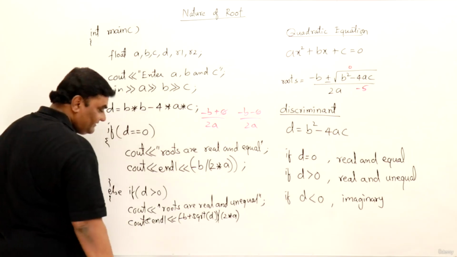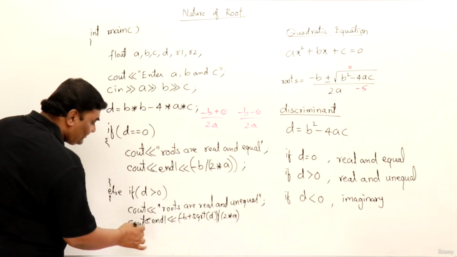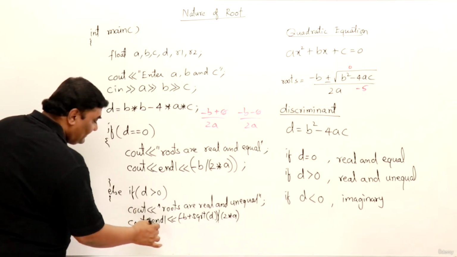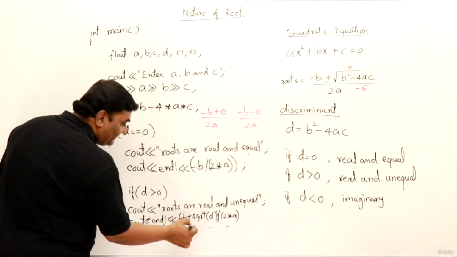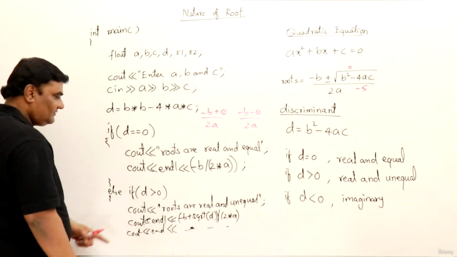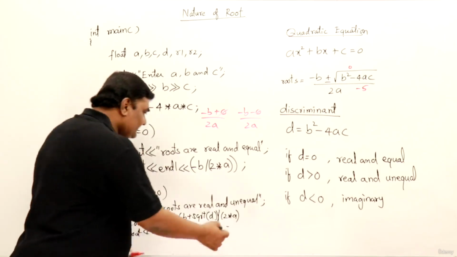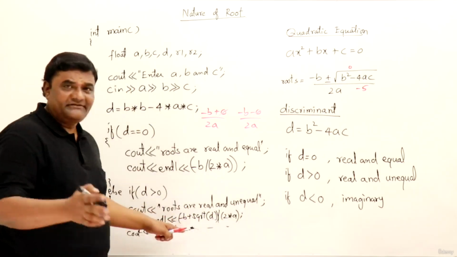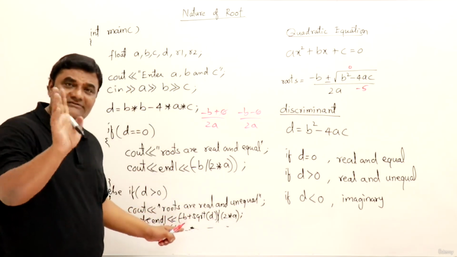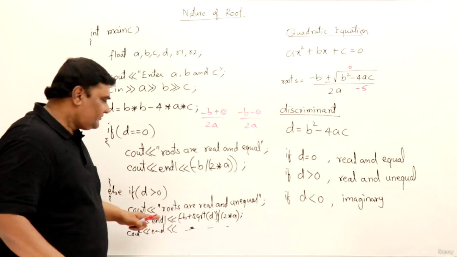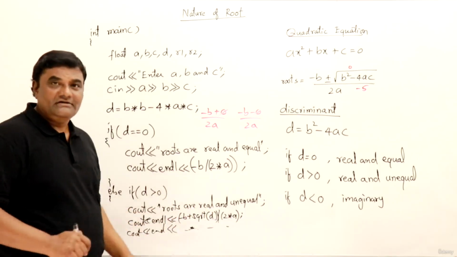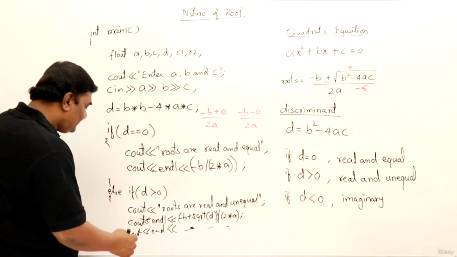This is one result. Then again cout endl. This whole thing as it is, just write minus here, right? So this is for positive and this for negative. I don't have to write this completely, already we have done it in the previous videos, in the beginning videos. So that same formula you can write here, right? Then at last